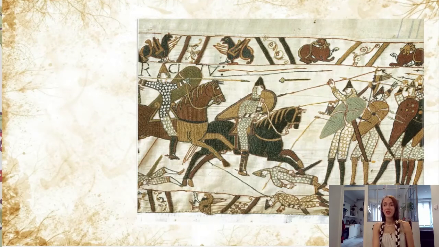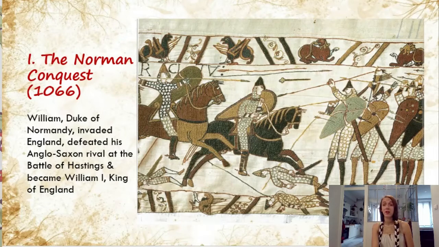That'll basically take us to the Norman conquest. And you can see on screen William looking absolutely badass, who invaded England, defeated his Anglo-Saxon rival at the Battle of Hastings, and became William I, King of England. Indeed, in 1066, the Duke of Normandy, himself a descendant of the Vikings who had invaded the northern coastlines of what is now France, the Norsemen,